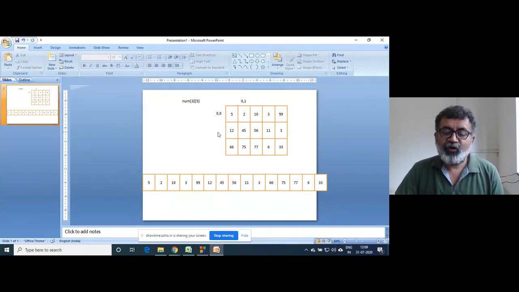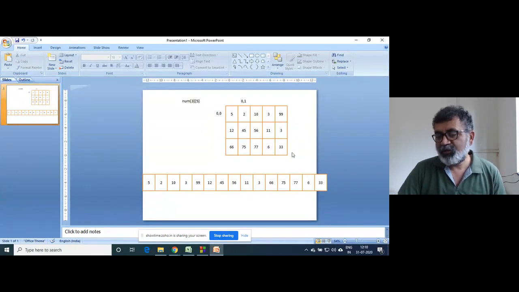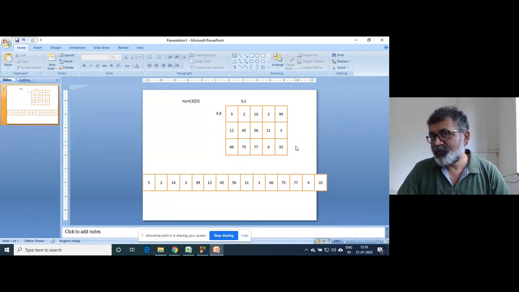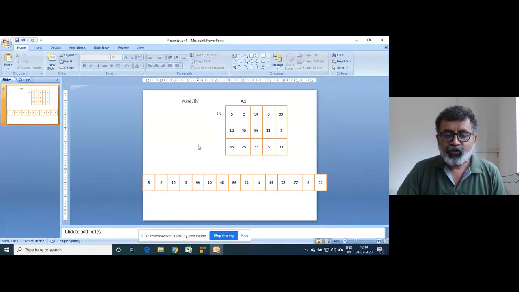Then here 1 0, 1 1, 1 2, 1 3, 1 4. Here 2 0, 2 1, 2 2, 2 3, and 2 4. That is how indexing is done by the compiler. So this will be 0 0, and this will be 0 1.